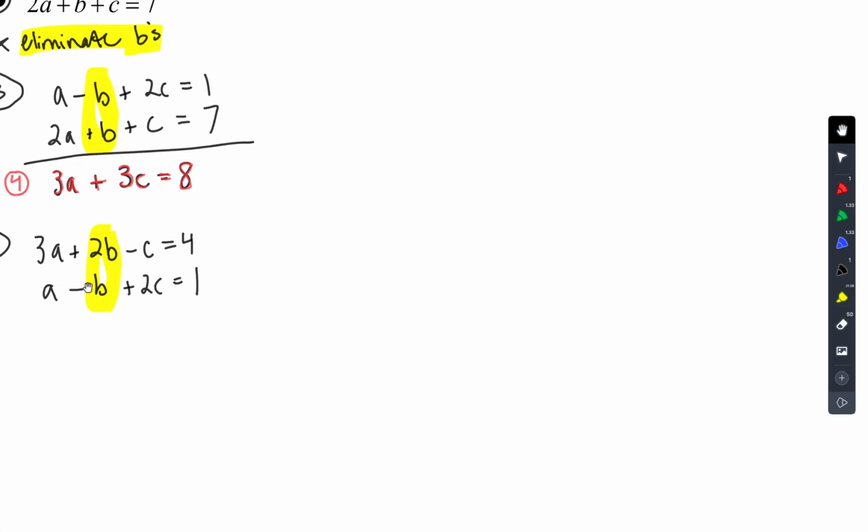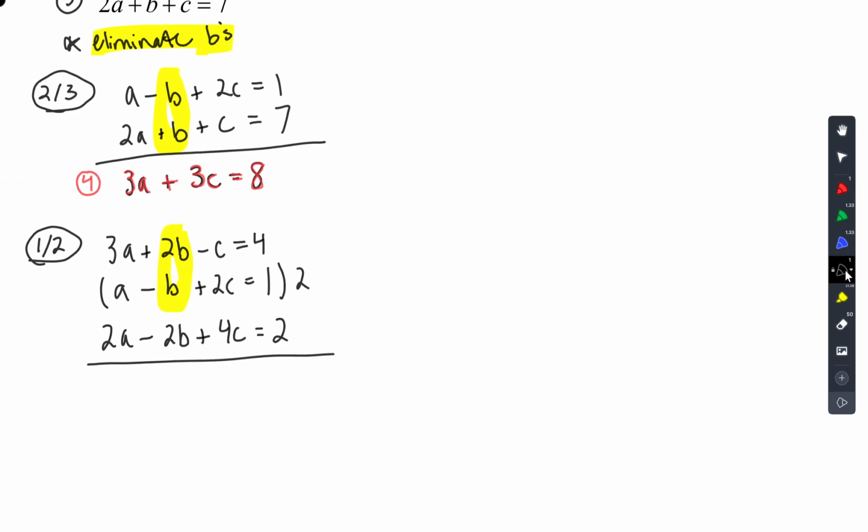Okay, I'm going to multiply this thing by 2. So I get 2a minus 2b plus 4c equals 2. I multiplied it all by 2 because then I can add these two together. It's like I rewrote, this was equation 1, right? And I rewrote equation 2. So now I'm going to add those together because then I'll get